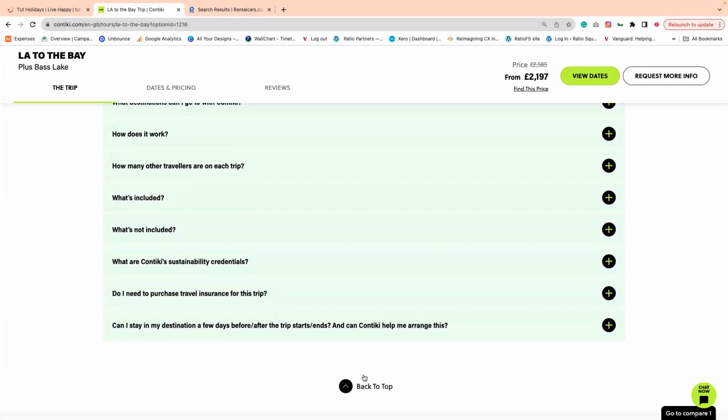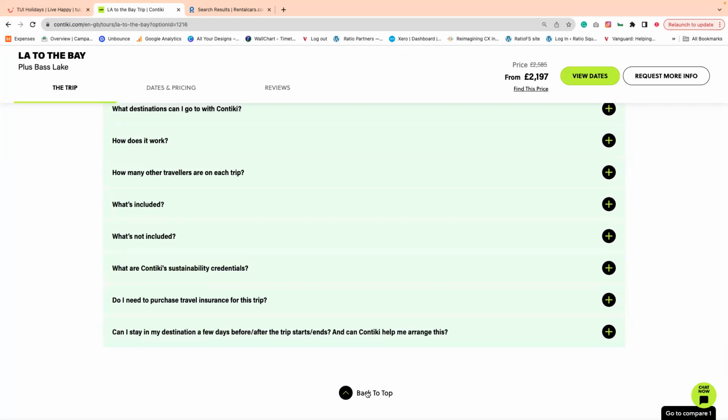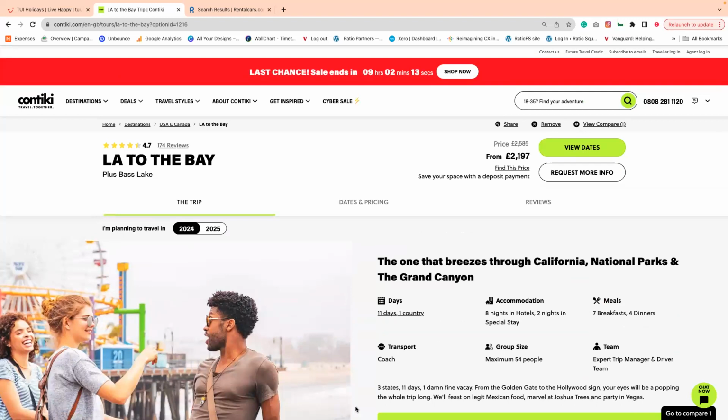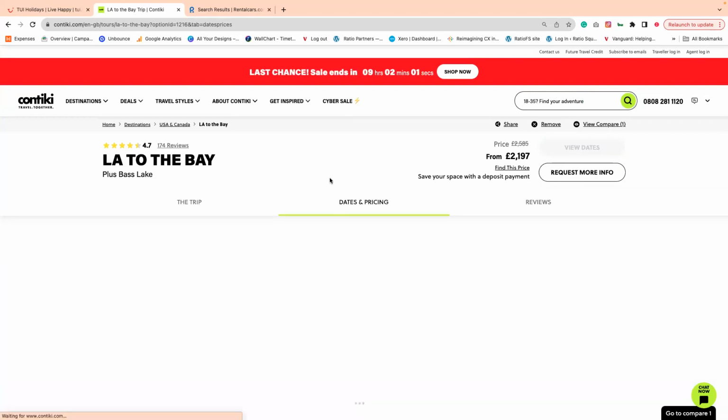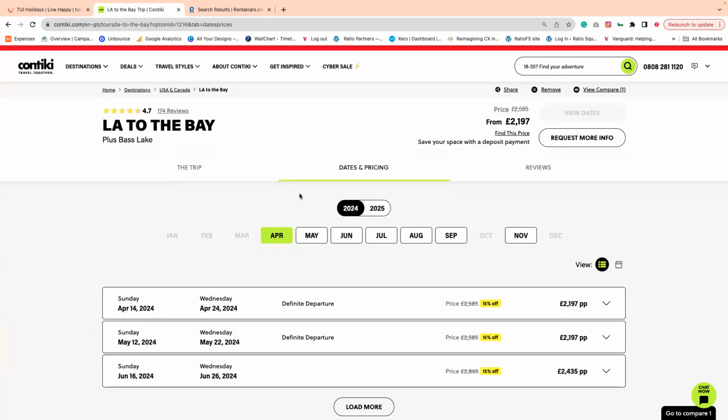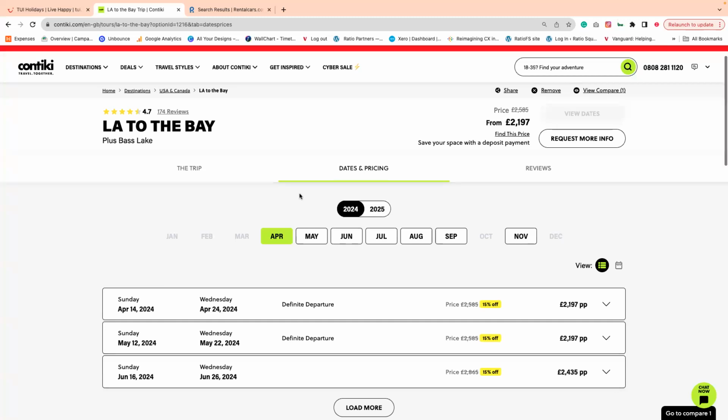For me, one of the main points is that it's not really obvious what the main CTA is here. We've got request more info, we've got view dates. Request more info, why do I need to do that? Is that going to take me out of the funnel? But if we go through to view dates, we're now in that dates and pricing section. Again, it's not intuitive. What do I need to do next? Where am I going? So if we open out one of those dates, for example,